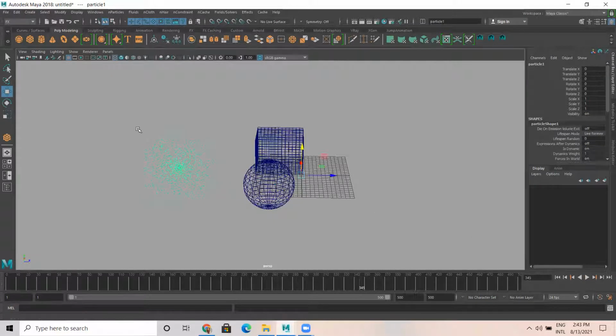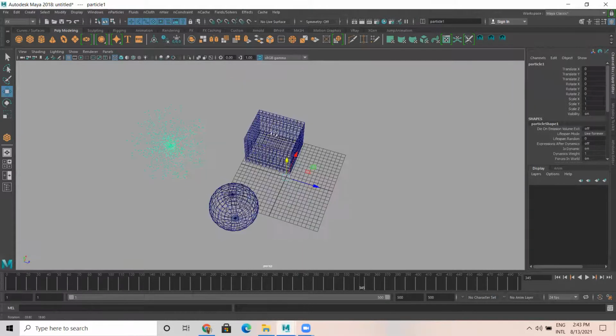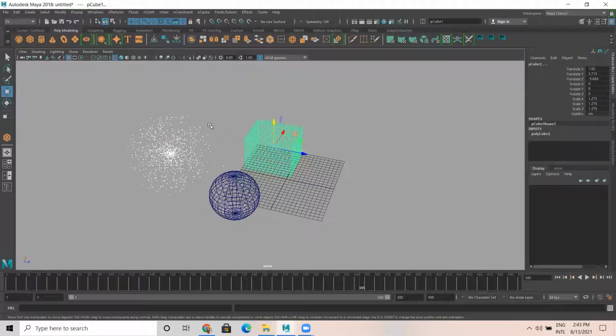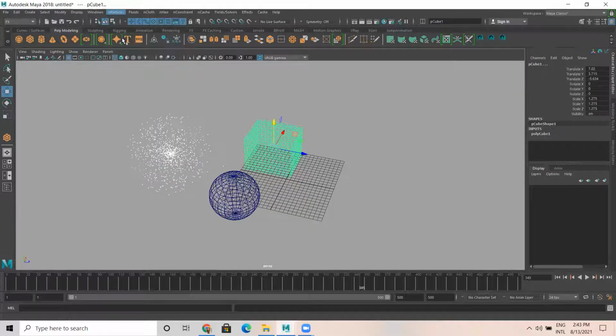So now what I'll do, I'd like to select the particle here, and I'll select this object. I'm directing it, like I'm saying to the particle that this is your goal. First select the particle, select the object, go to n particle. You have goal here on the top, goal. So what happens now? If you notice, the particles are sticking over here.